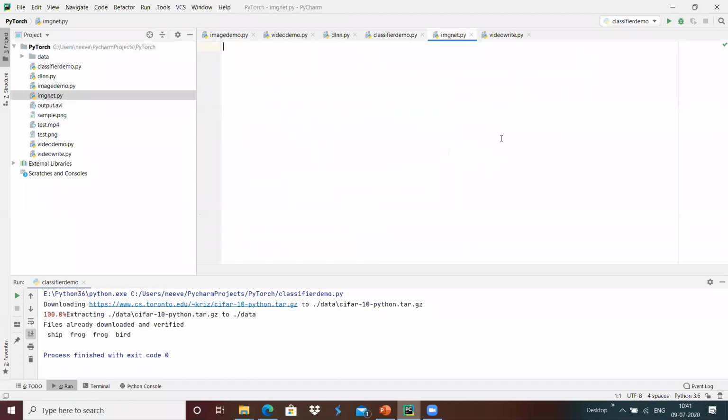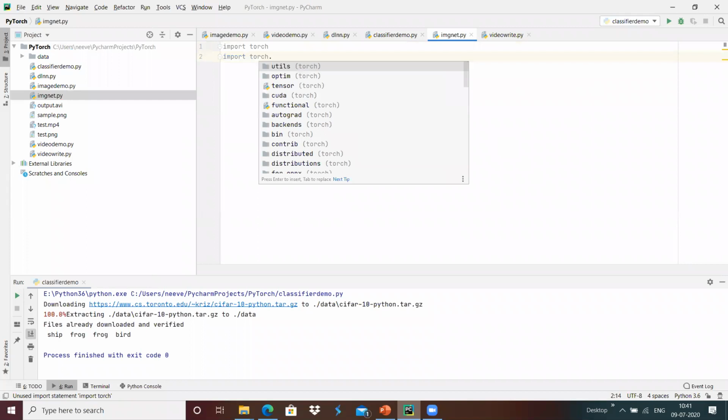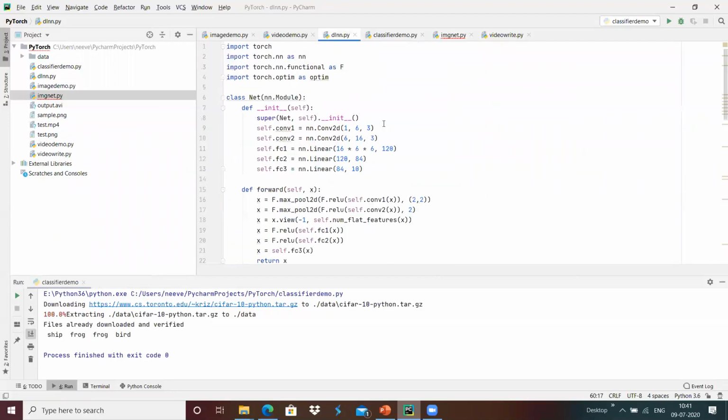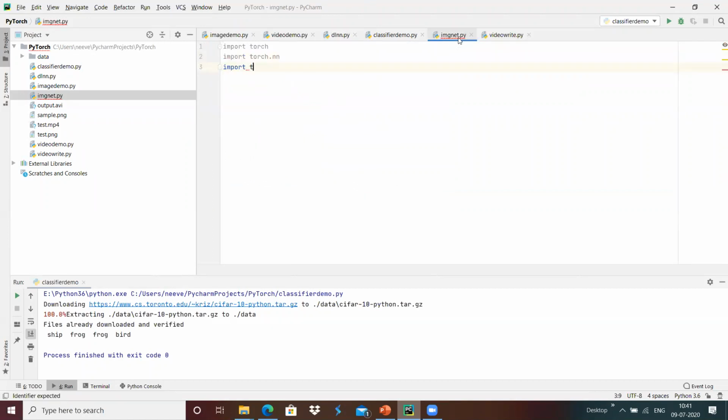Inside that, I'm going to do import torch, and then import torch.nn, and import torch.nn.functional as F, the same way as whatever we have done before for defining a network.